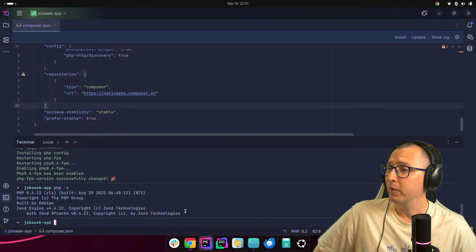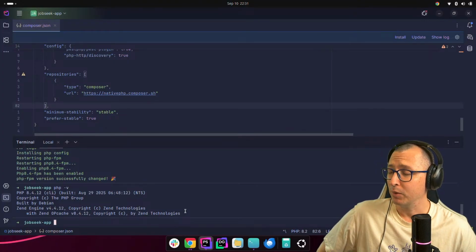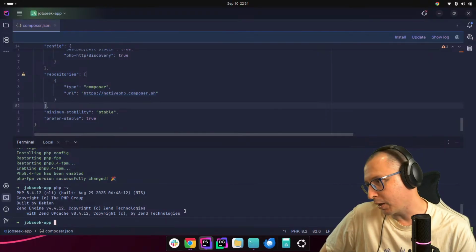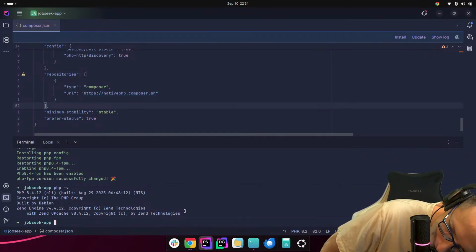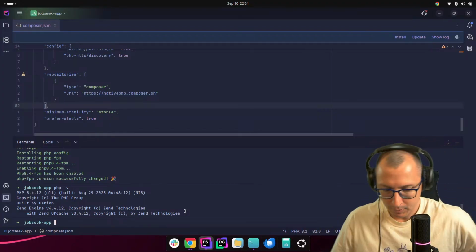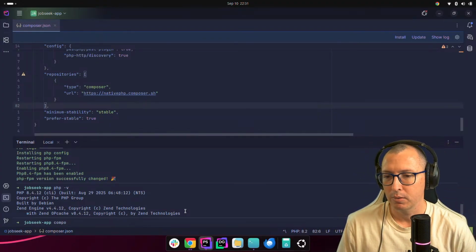Okay. Oh, but that's also a problem because when I created the application, I created it with... buggers. Can I do a composer update? Upgrade, maybe?